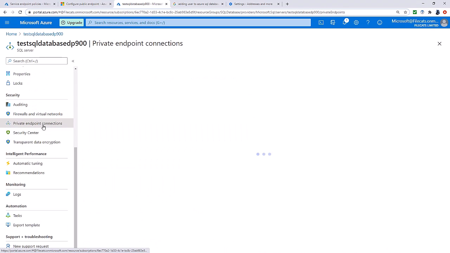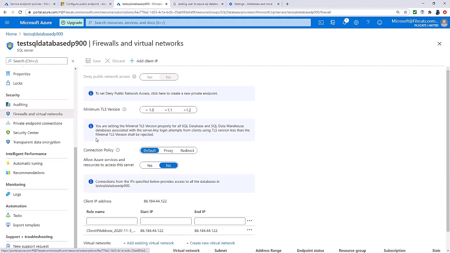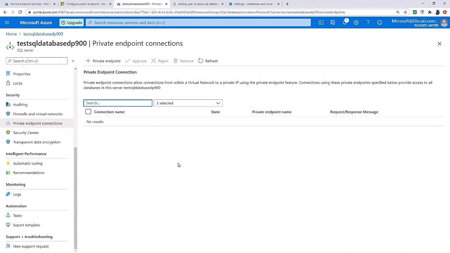Once you set up your endpoint, you will get a private IP address in your virtual network. So effectively, this brings your network into the VNet. In this video, we've had a quick look at firewall rules that you can add to virtual networks, which use ports such as 1433 for Azure SQL Database. You can have private endpoints for connecting within a virtual network, public endpoints for connecting outside of the VNet, and